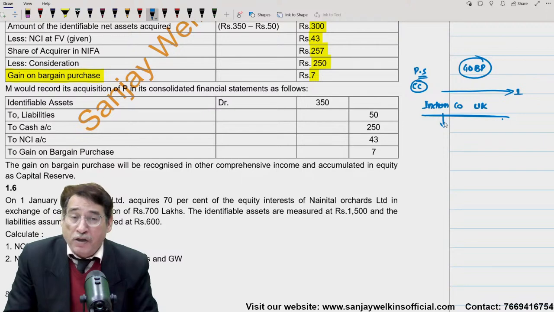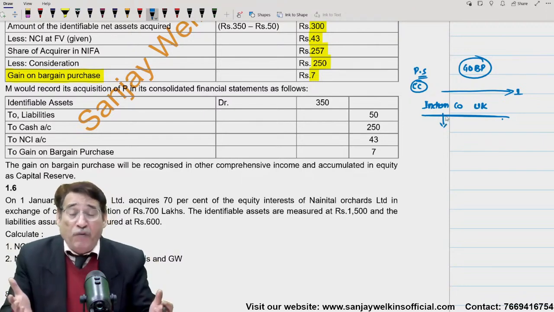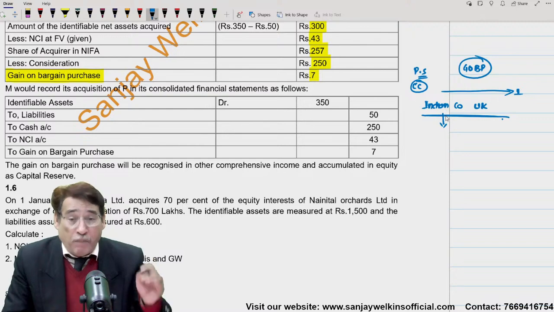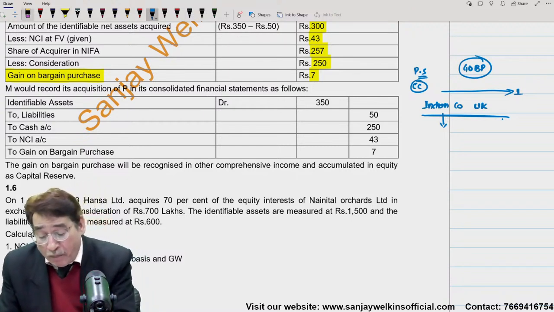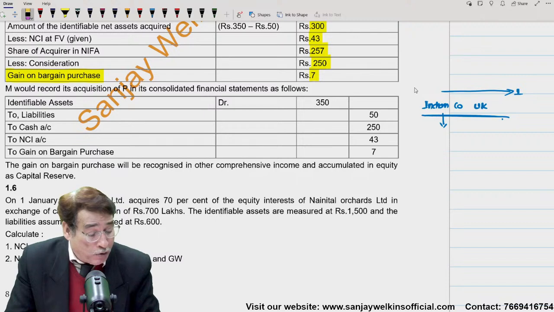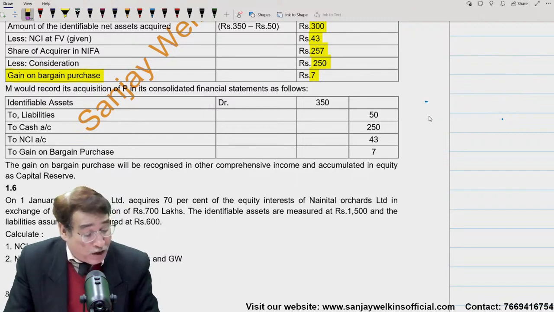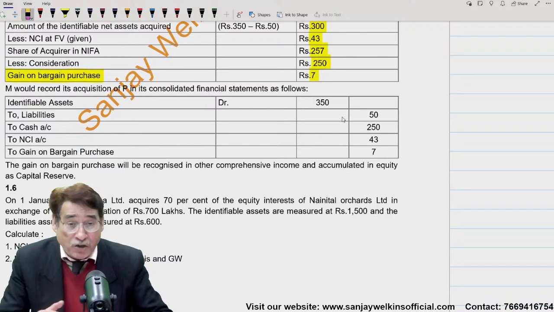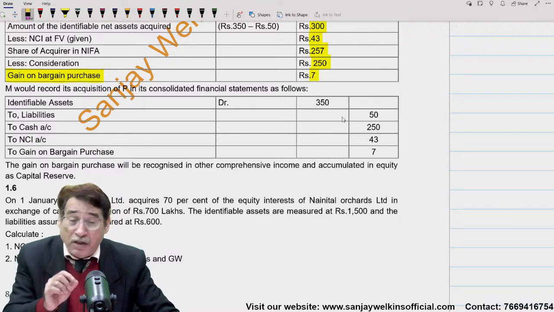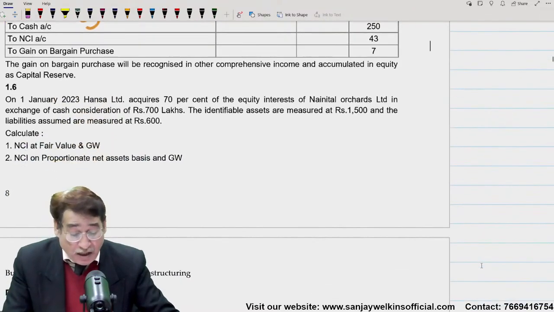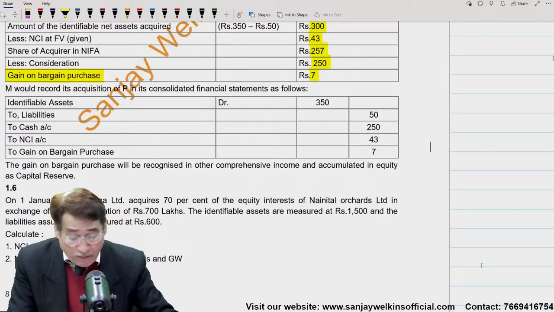The standard not only stops here; the standard also says that if an entity gets a gain on bargain purchase in practical life, they must do a thorough rechecking whether there is a gain on bargain purchase or not. This is just for knowledge sake. But this knowledge will hold you in a very good state. You will remember me. I'm very sure that whatever I'm telling you, something extra, 80 or 90% of it you will face in your interviews. That is the reason I keep on telling you. Anyway, I think I have solved this question.